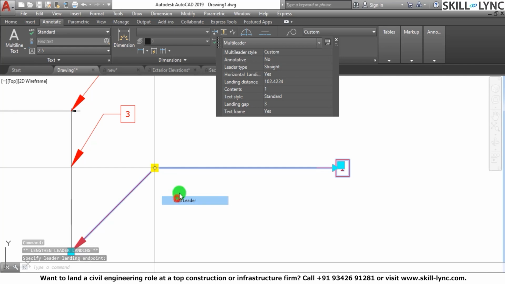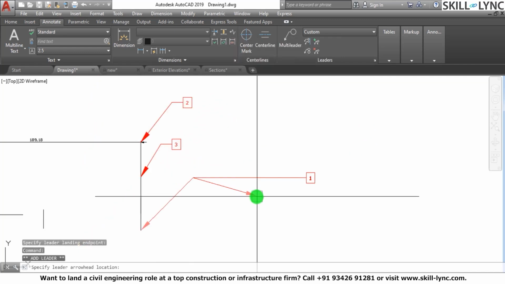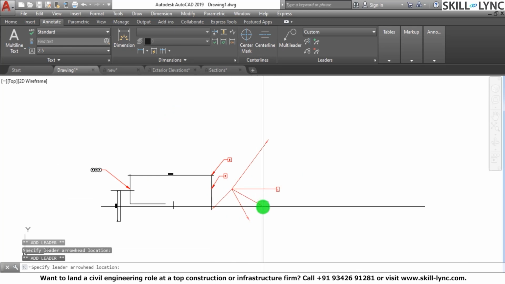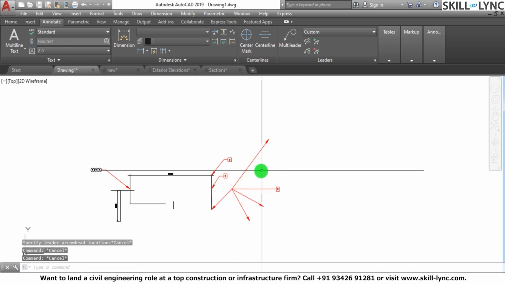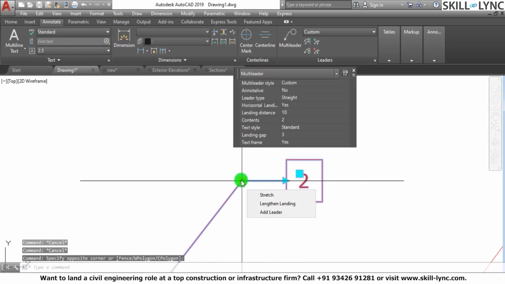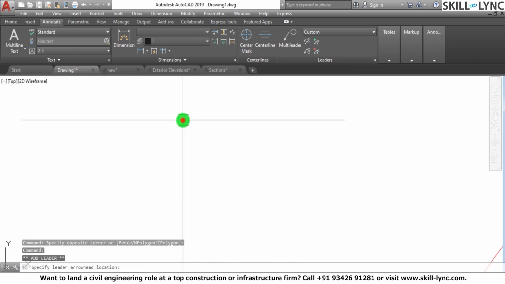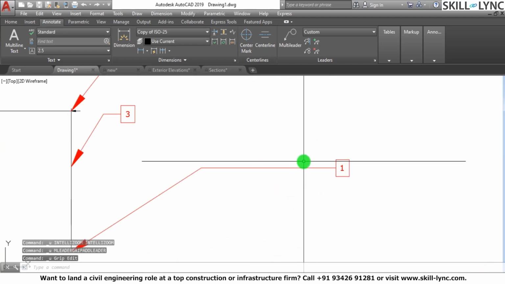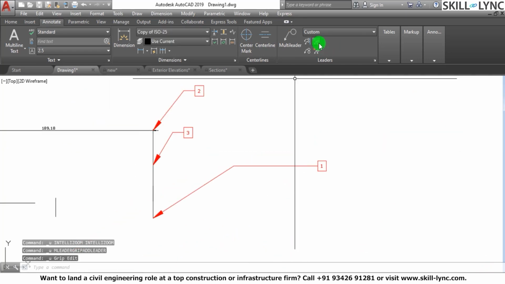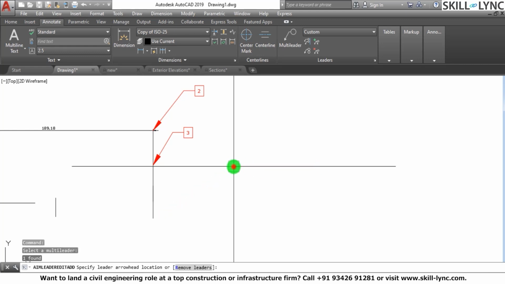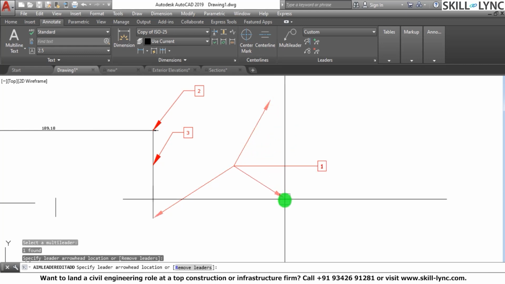And also you can add a leader from here. If you want to add more leaders, you can add them from here. One way of adding a leader is to select the leader and put your mouse over here, and then you have this add leader option. The other way of adding a leader is by using the tools. You have this option called add leader. Please get your mouse over here from where you want to add. For example, here I want to add a leader, so I click over here,